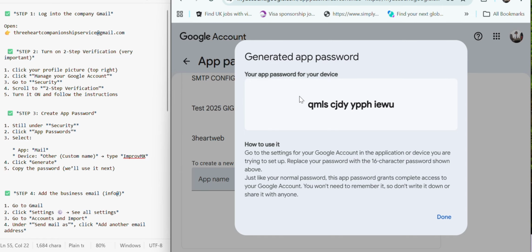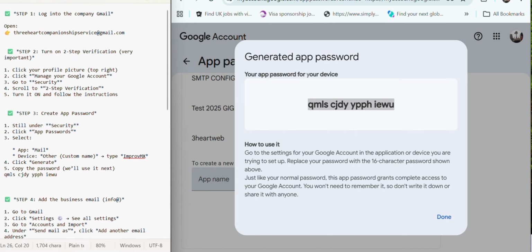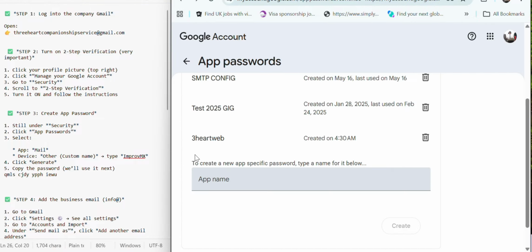They will give you this code now, what we use to link. So code now, copy it somewhere. Let me copy like this, then copy it, paste it under this step 3 down here, and paste it here. And done, because once you press done, the code is gone forever. It's not under here. So now